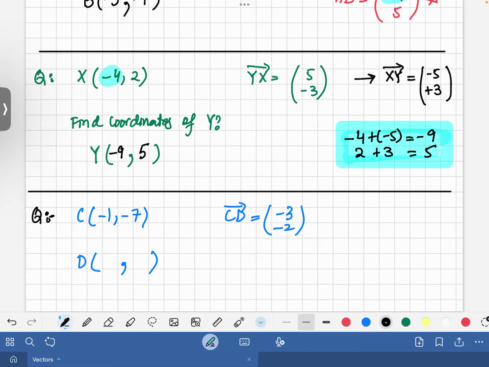Tell me what are the coordinates of D? -2 सर। रट्टा नहीं लगाएं, आपको मैं बार बार कह रहा हूं। It's -1 में से -3, so -1 plus -3 is -4 आता है। फिर -7 आपका y कोऑर्डिनेट है, plus -2 is -9 आता है। रट्टा मत लगाओ बेटा। सही है।